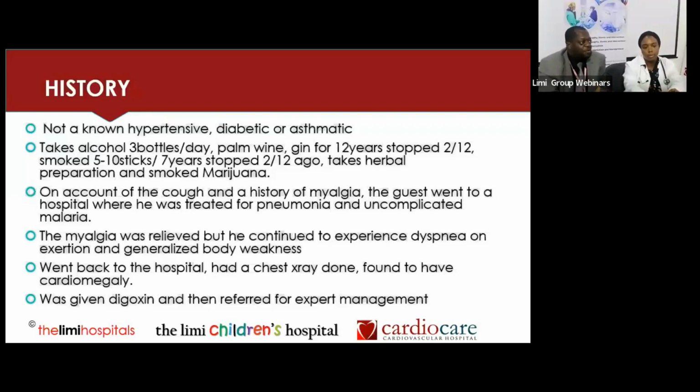And that is the first thing we want to point out in this presentation of heart failure, that many of the symptoms that we will see in patients with heart failure, we see them in other conditions. We see them in so many conditions. Like for him now, he was treated for malaria and pneumonia. And it was because it didn't get better that somebody felt, oh,